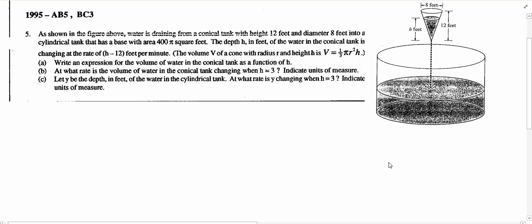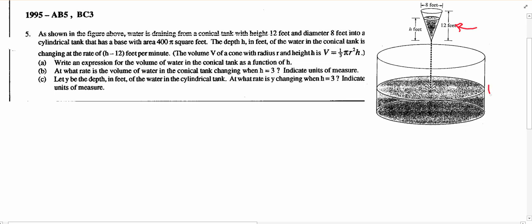Alright, welcome back. We're doing another free response on related rates here. And here we've got a little cone that's a tank dripping water into a big cylinder tank. Why, I'm not sure, but regardless, let's see what we have here. The cone has a height of 12 and a radius of 4. It gave you the diameter of 8, and the area, excuse me, the volume of this